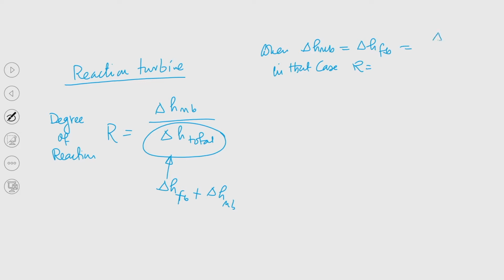Equal to delta H stage by 2, equal to half. So, that is a 50% reaction turbine. Okay. Now, today we shall try to understand what will be the velocity triangle at the inlet and